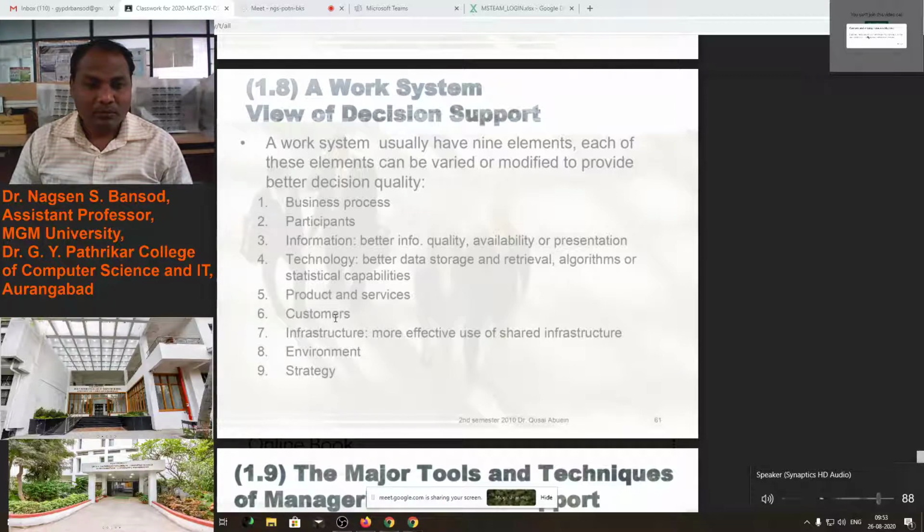Then the products and services, customers, infrastructure, more effective use of shared infrastructure, then environment and strategy.